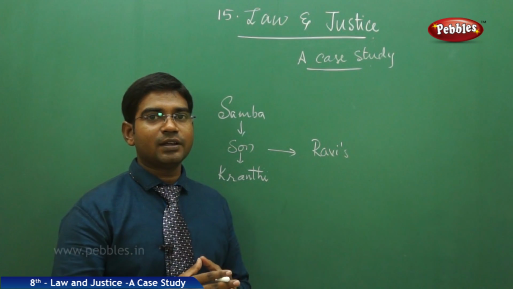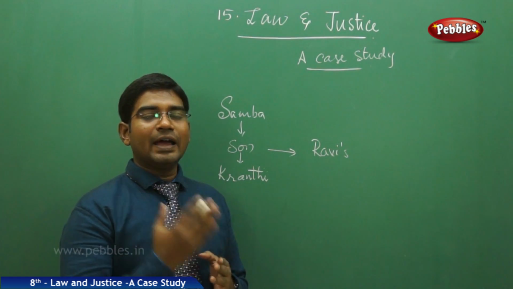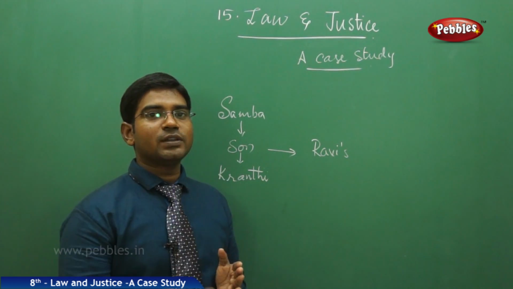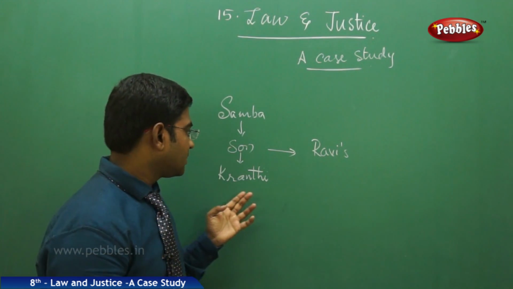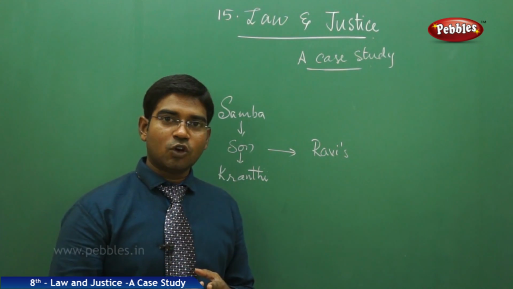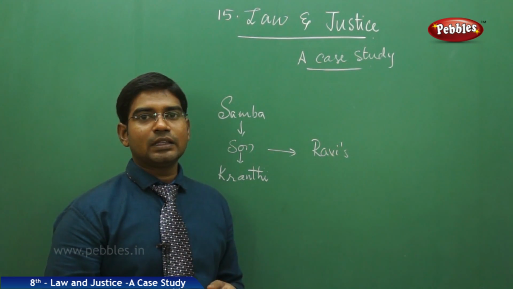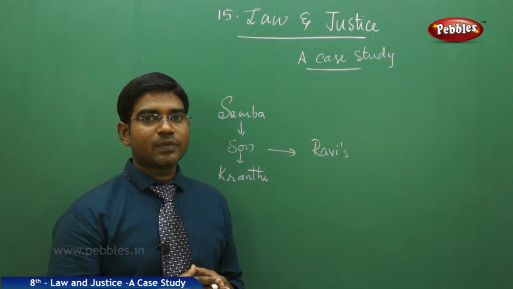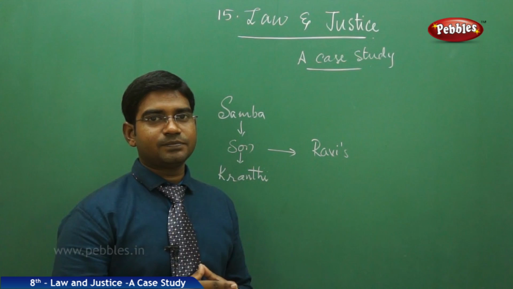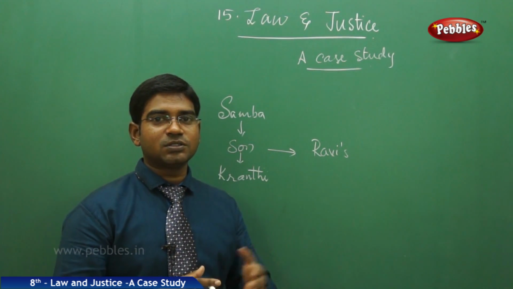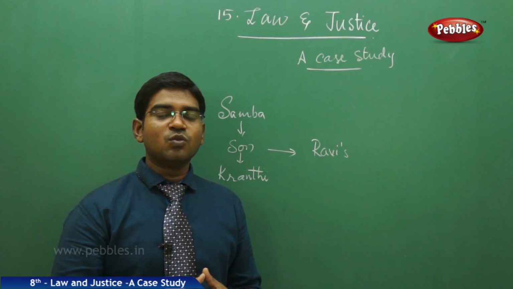The crowd gathered there. Even the village sarpanch came to pacify Samba and Ravi. The situation became so bad that Samba was hurt, and after a while Kranti, son of Mr. Samba, took Samba to the hospital and got a doctor's certificate as evidence that he had been hit by someone. Then Kranti took Samba to the police station. What happened after they went to the police station? What is the basic information required for us to file a complaint in the police station? We shall discuss it now.